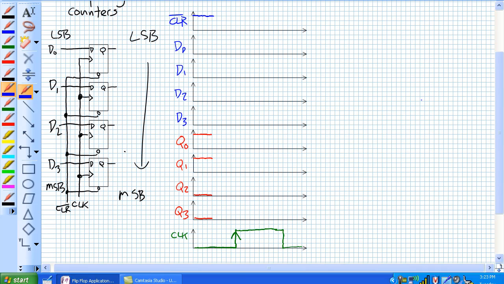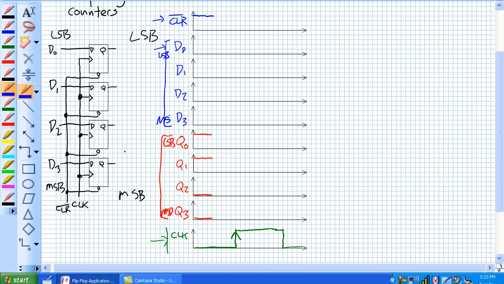Okay, here we go. Here's our timing diagram. I think I should have just stuck with a 2-bit one. This is a lot of stuff here. So there's 4 bits, a 4-bit register here. Here is our active low clear. Here's our incoming data right here. Here is our clock signal right here. And then here's our outputs, Q0 to Q3. And by the way, that's LSB to MSB. Same thing here,